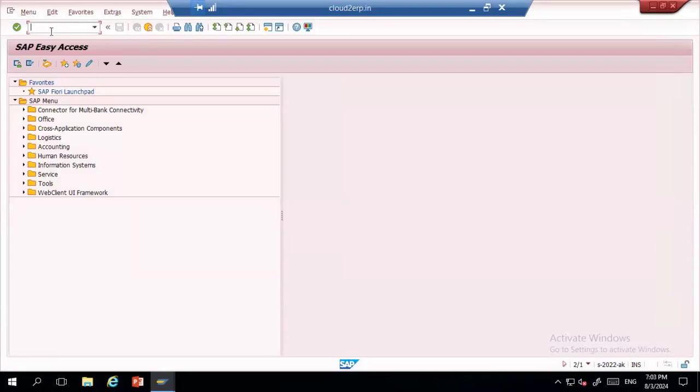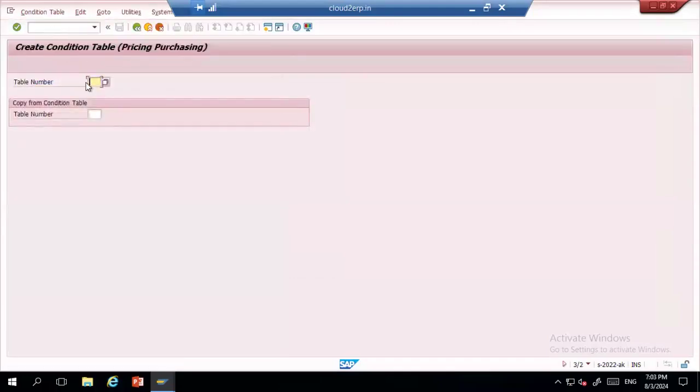For the condition table, I'll go to the transaction M/03. So here you can see which all tables are available.